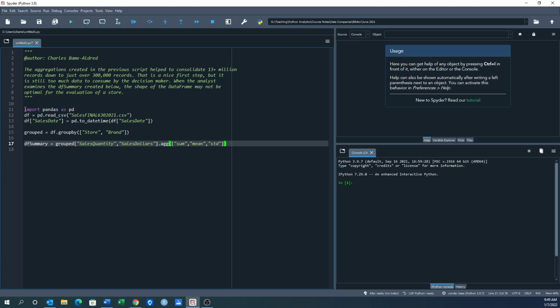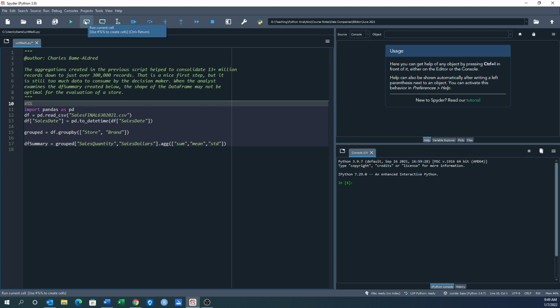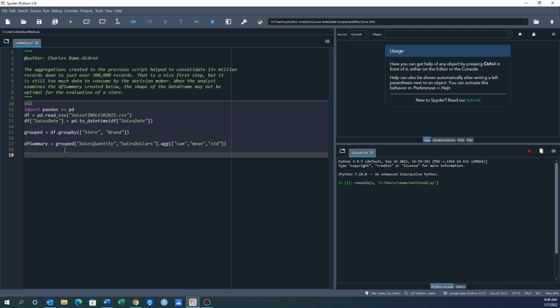So let's run all this stuff. I'm going to put this all in a cell and run that entire cell, so that it all happens at the same time. So I'm going to go up here and run the cell. I had already changed my directory to where the data is. And while that's loading,